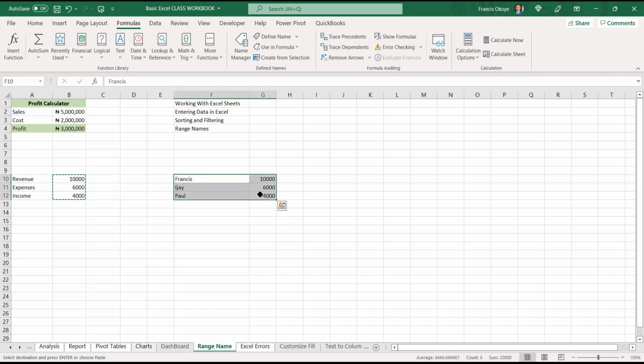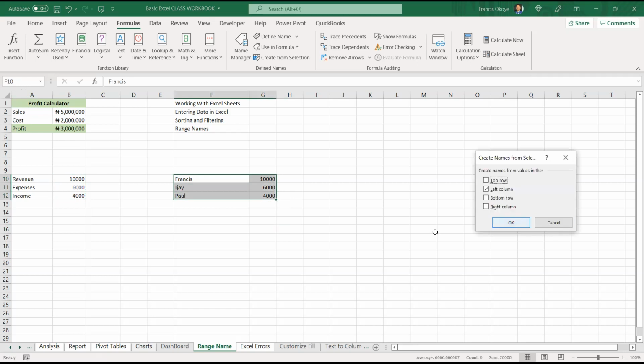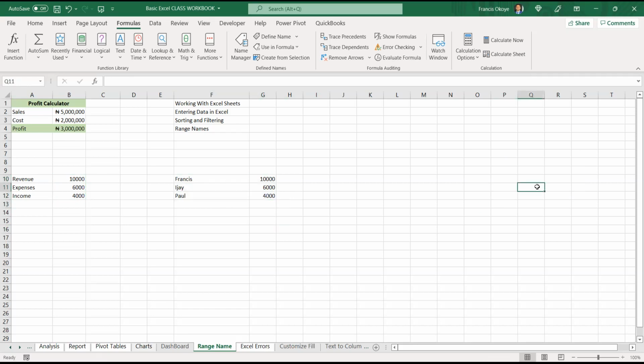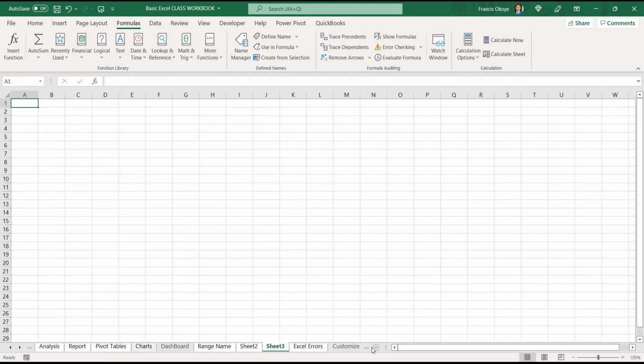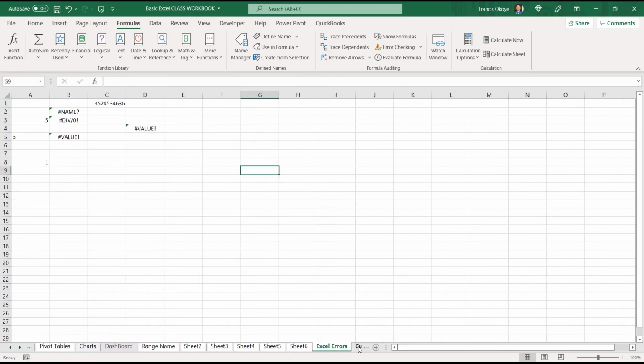So if I highlight, press Ctrl Shift F3, left, okay. Then I type equal to Francis. Can you see that? If I say Francis plus IJ, what should it give me? 16,000. Yeah, 16,000.